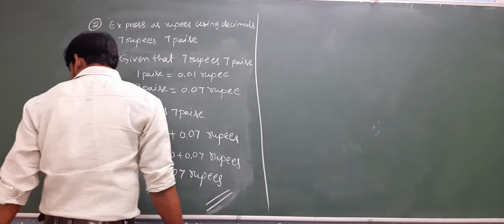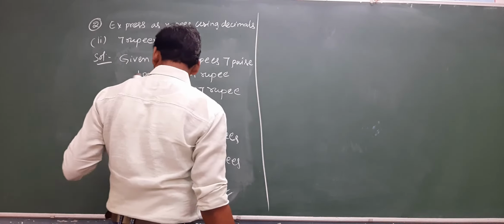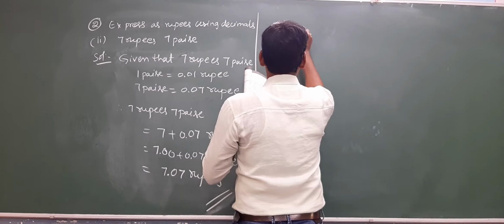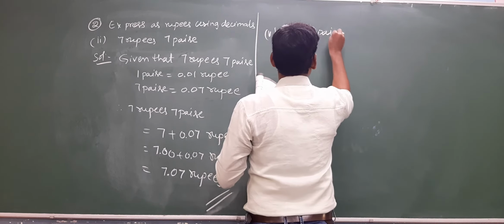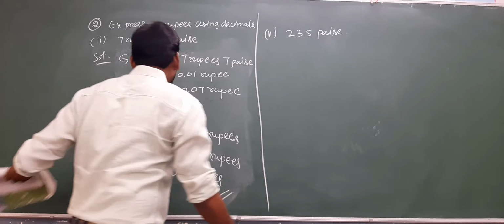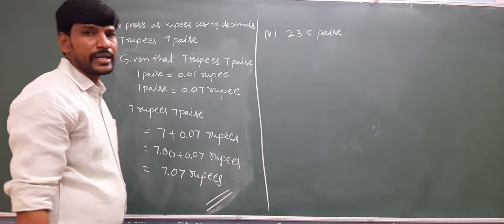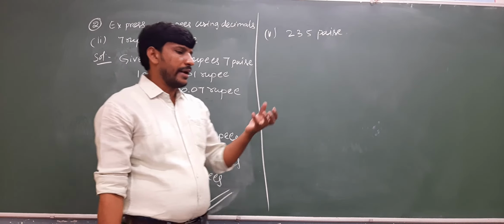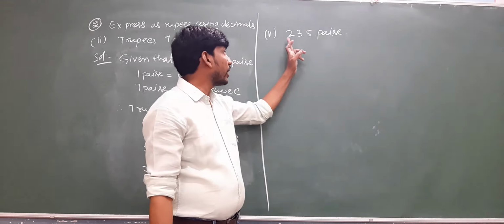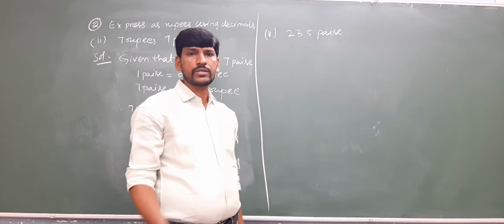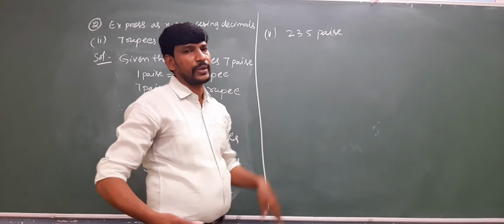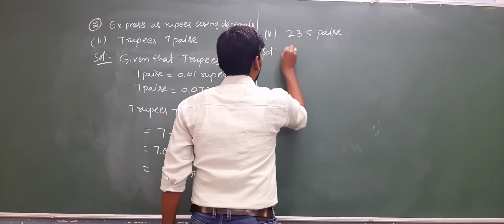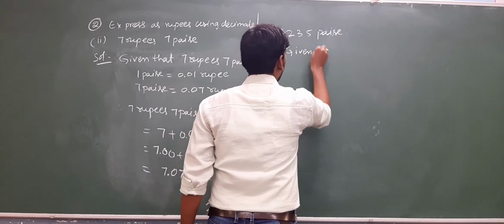Now let us discuss one more bit. That is the fifth bit, that is 235 paise. This I am going to convert in terms of rupees. Generally, 100 paisa is equal to 1 rupee. Then 200 paisa is equal to 2 rupees. So 35 paisa. Simple. So given that solution, given that